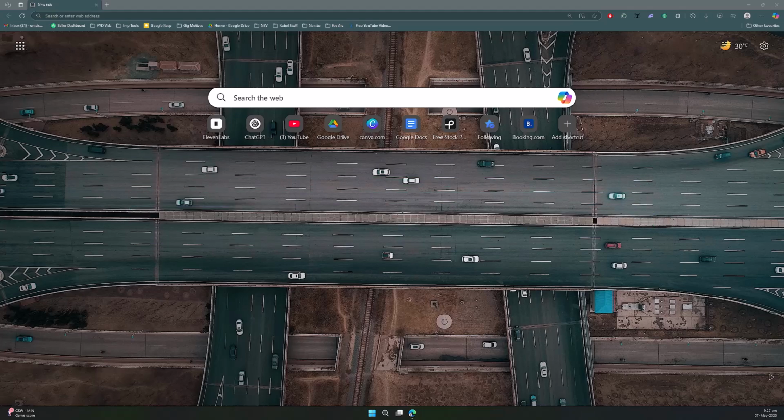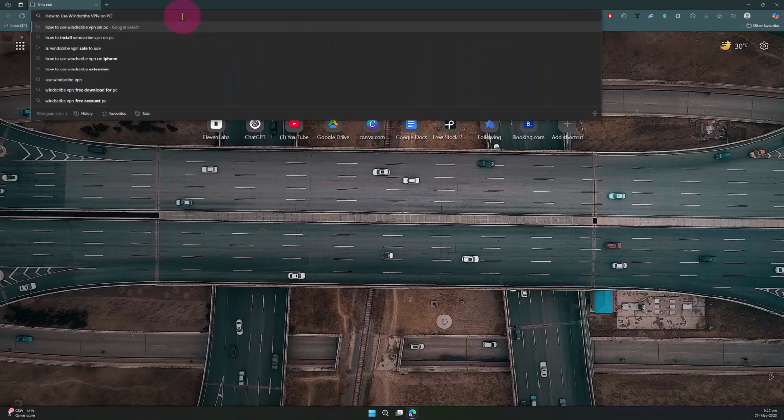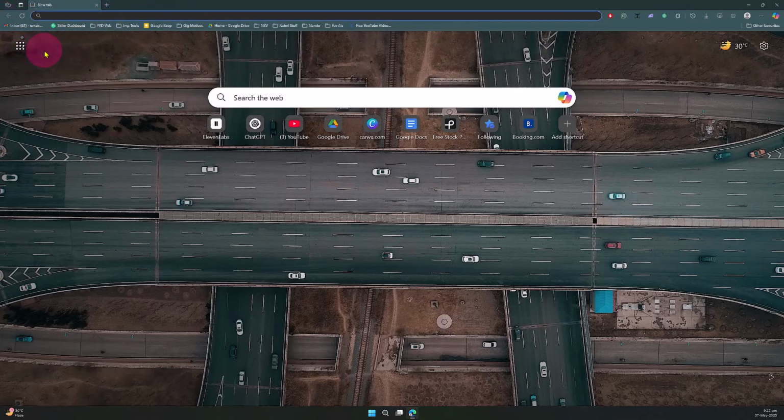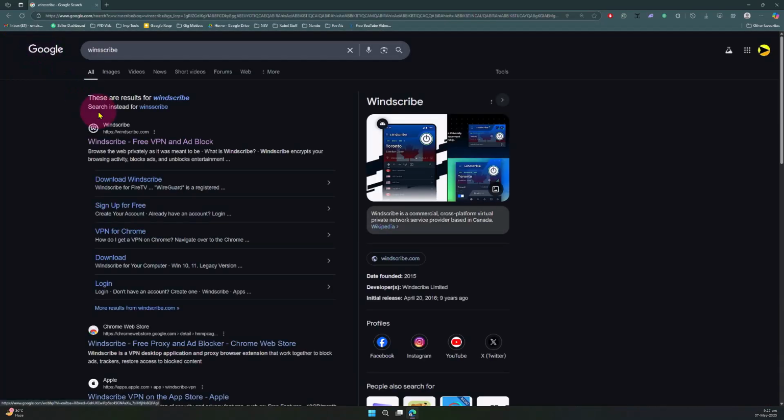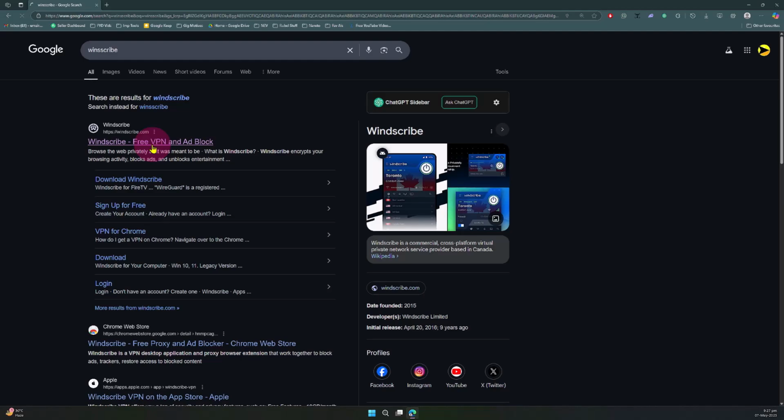So let's just dive right in. First of all, you can see I'm on a browser of my choice, which is Microsoft Edge. You can use any. Search for Windscribe. So I'm going to be typing in here Windscribe just like that. And once I do, you can see we are going to be having our VPN here. So head over to the very first link just like that, and once I do, you can see we are